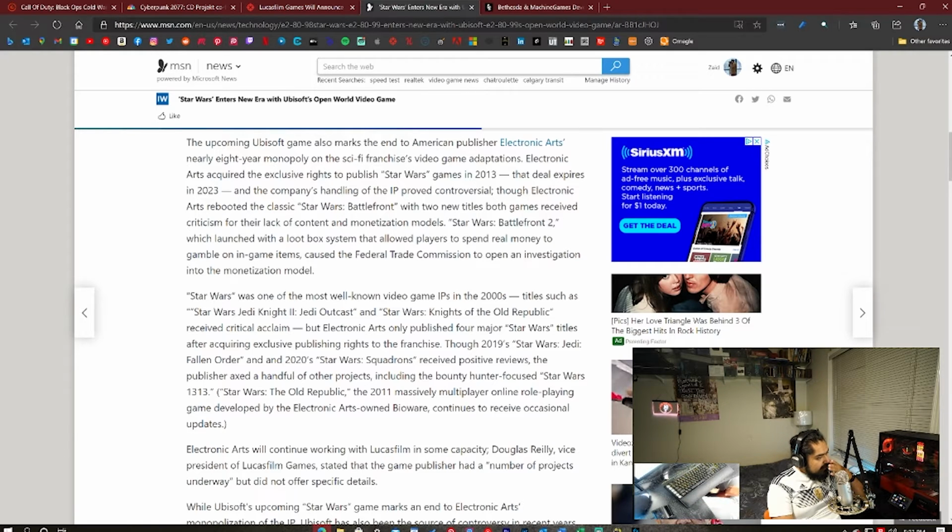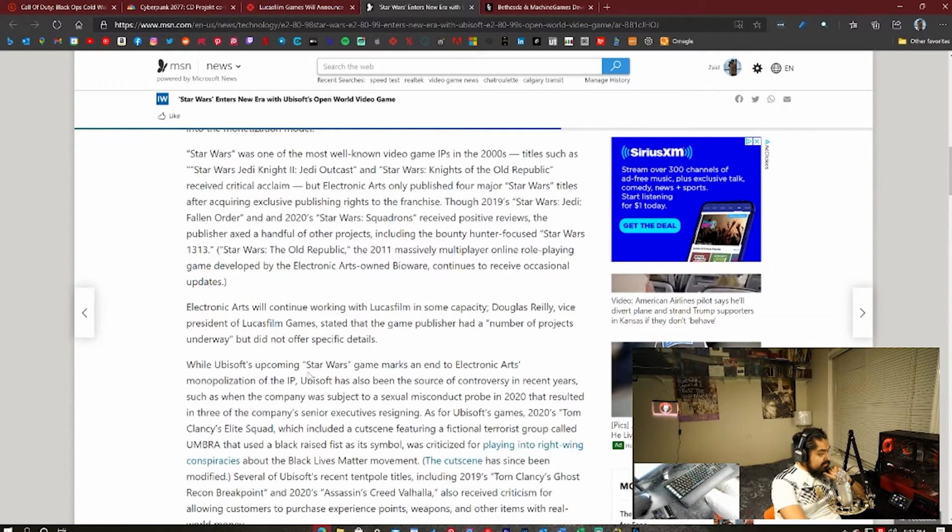Okay, so Electronic Arts will continue with Lucasfilm in some capacity. Douglas Riley, vice president of Lucasfilm Games, stated that the game publisher had a number of projects underway, but did not offer specific details. While Ubisoft's upcoming Star Wars game marks an end to Electronic Arts' monopolization of the IP, Ubisoft